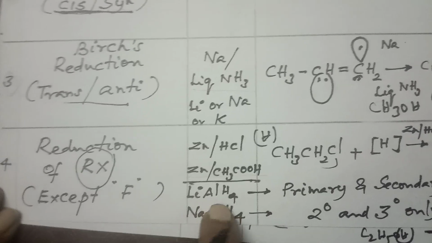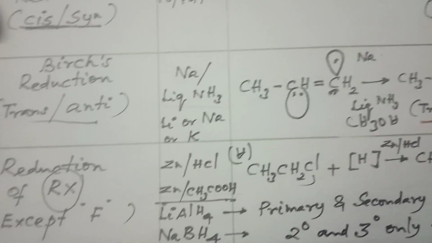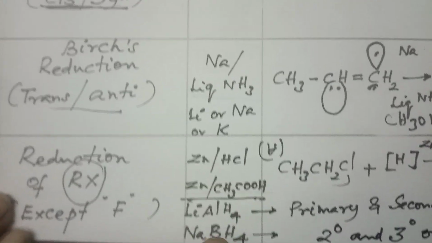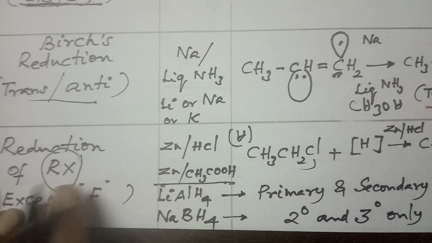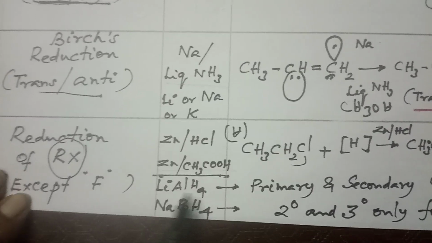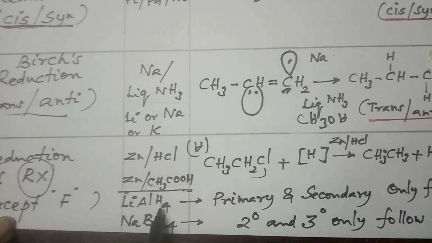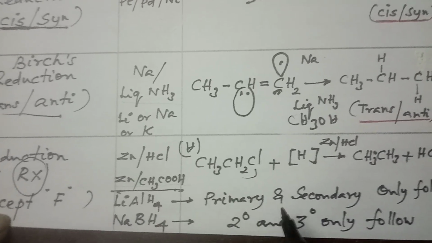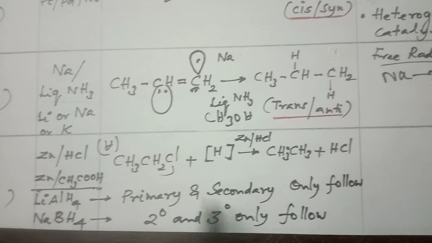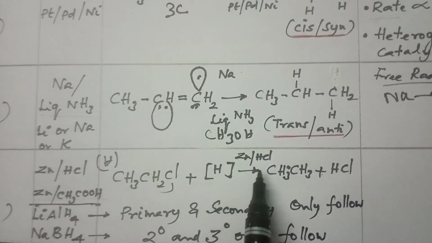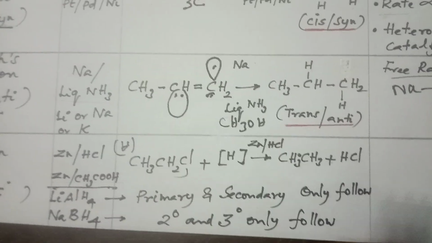Now let us see the next topic, reduction of alkyl halides. Here you see the reagents: zinc and hydrochloric acid, zinc and acetic acid, and lithium aluminum hydride. These are the reducing reagents. So it indicates a reducing reagent, but for alkyl halide, very important. Now what other information: lithium aluminum hydride or sodium borohydride are also reducing reagents of alkyl halide. First, lithium aluminum hydride gives primary and secondary answers, and sodium borohydride gives secondary and tertiary answers. This is further information and the reaction is very simple. Alkyl halide with reduction gives the hydrocarbon. Here the knowledge is that zinc is followed with the alkyl halide.